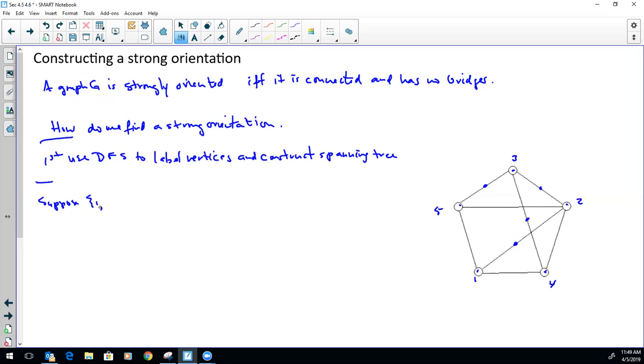Let's suppose that IJ is a marked edge in my spanning tree with I less than J. Convert this edge to an arc from I to J. So 1, 2 is a marked edge. 1 is less than 2, so I'm going to change this